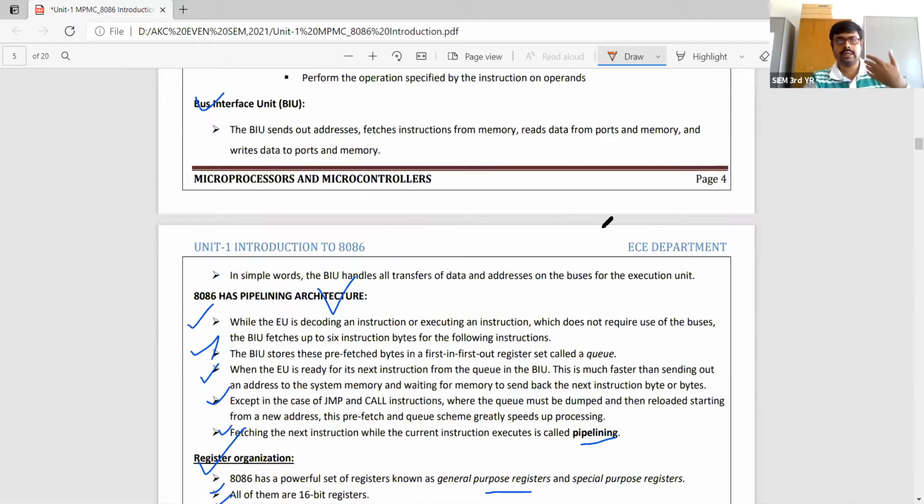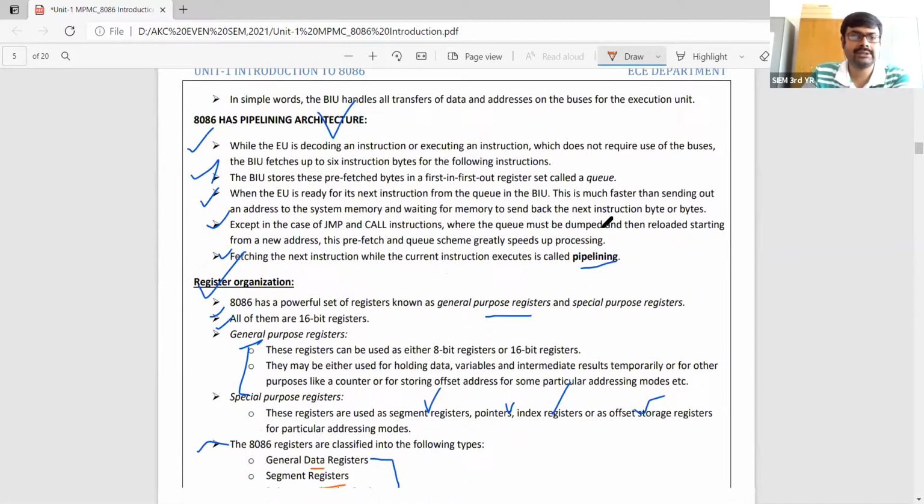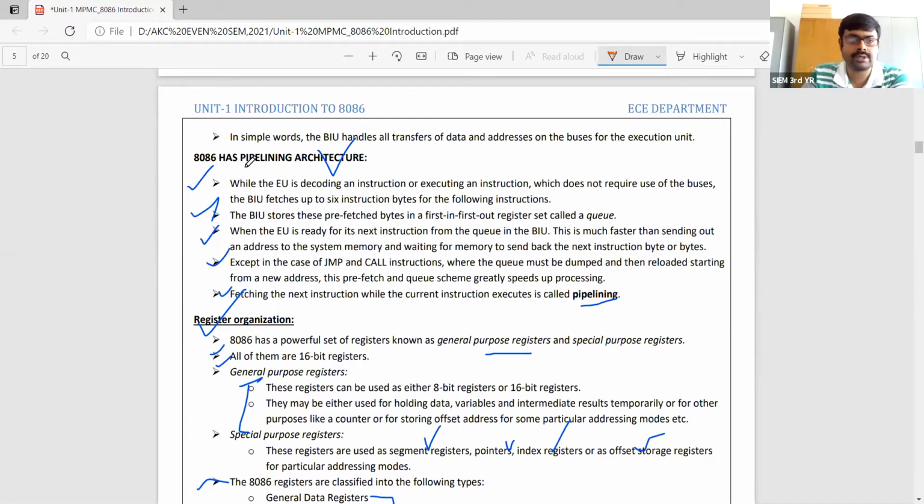Again, I want to briefly mention the topics covered in today's class till now. First, we started with a new topic, the 8086 pipeline architecture. Here we introduced the term pipelining for the first time. Pipelining means we are accessing one instruction while, at the same time, holding or operating on the next instruction. That is called pipelining.